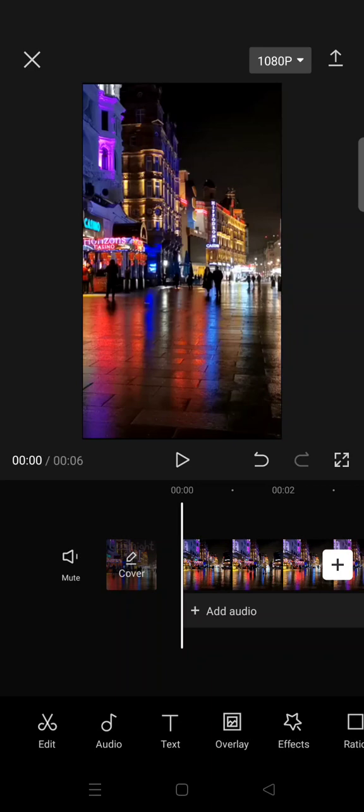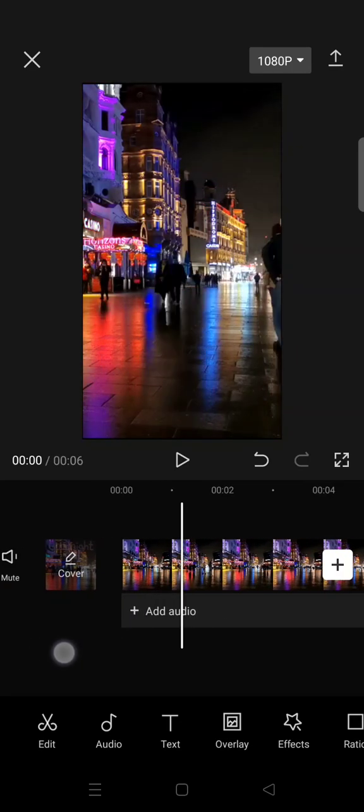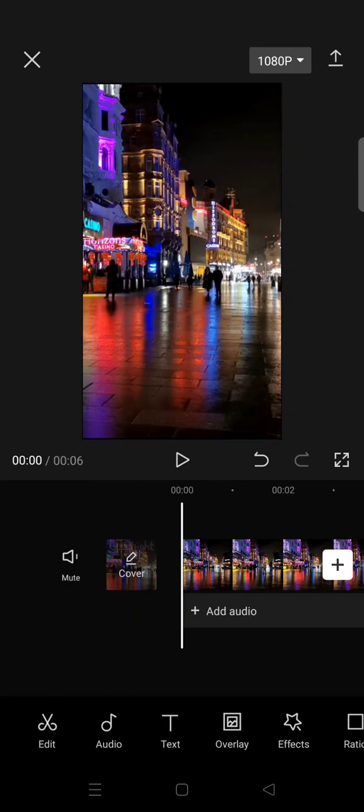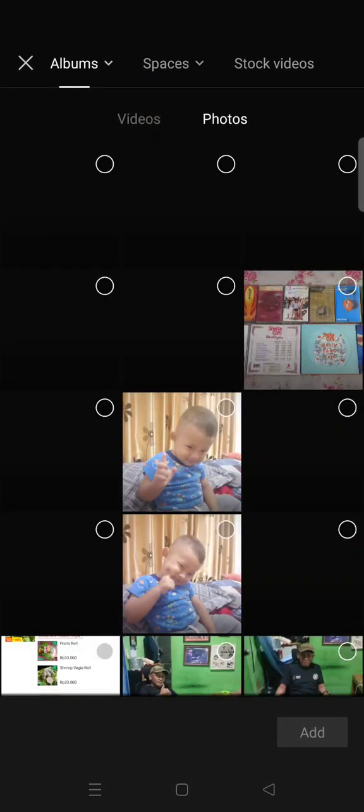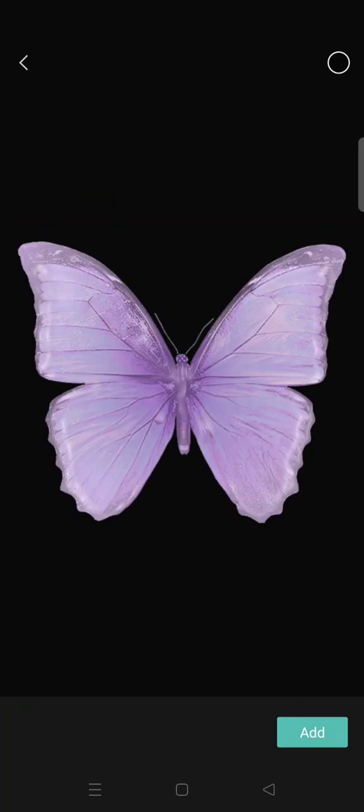On today's tutorial, I'm going to show you how to edit and add a logo on CapCut. So here, let's say that you want to add your own logo to the edit that you've done on CapCut. What you need to do is just add the logo as overlay. But you need to prepare the logo on PNG so that it doesn't have a background. So just click on overlay, add overlay, and then add the logo